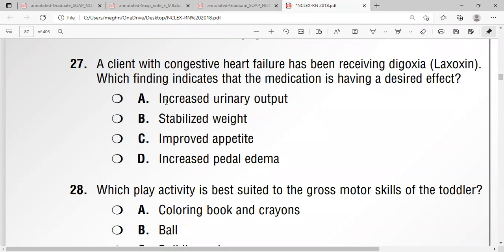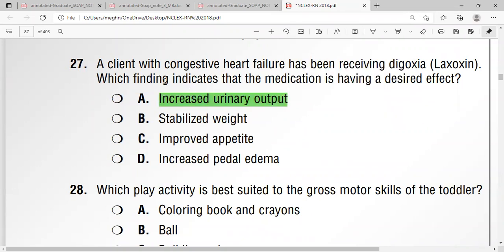Number A, increase urinary output. Number B, stabilized weight. Number C, improved appetite. Number D, increase the pedal edema. So the correct answer is increase the urinary output,